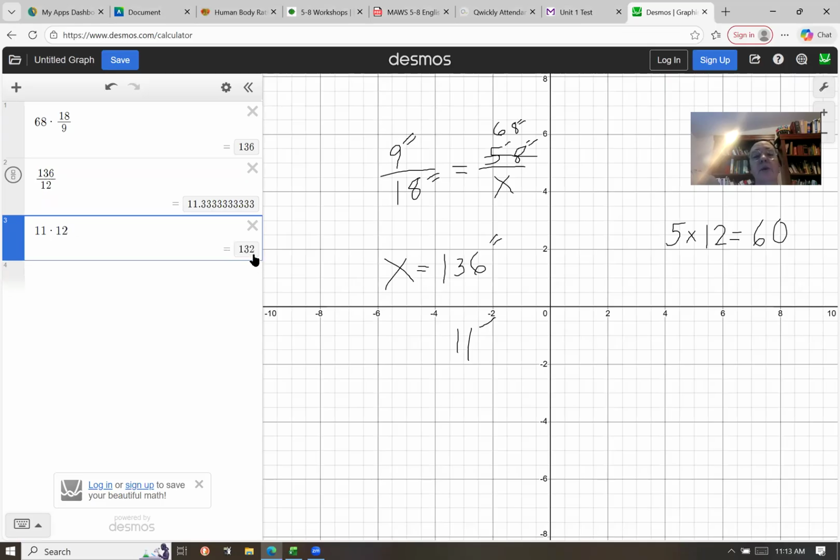So we need the difference between 132 and 136. So taking 136 minus 132 gives us 4 inches left. So we can write it as 11 feet, 4 inches, or if you wanted to give it as a mixed number in terms of feet, it would be 11 and 4/12 feet. But this is the way you should write it for the lab, is 11 feet 4 inches